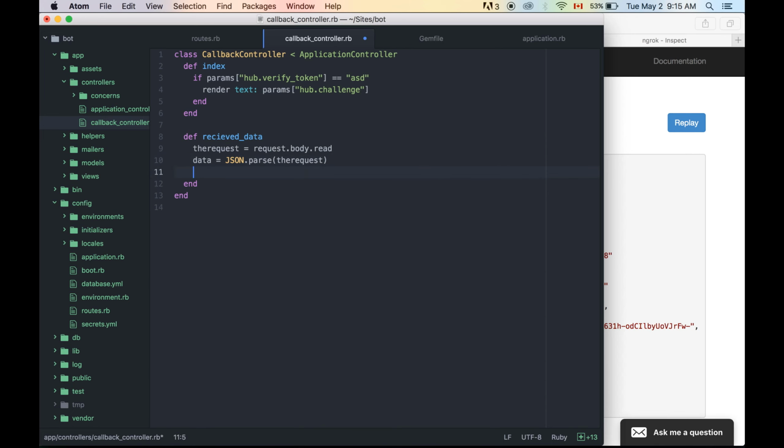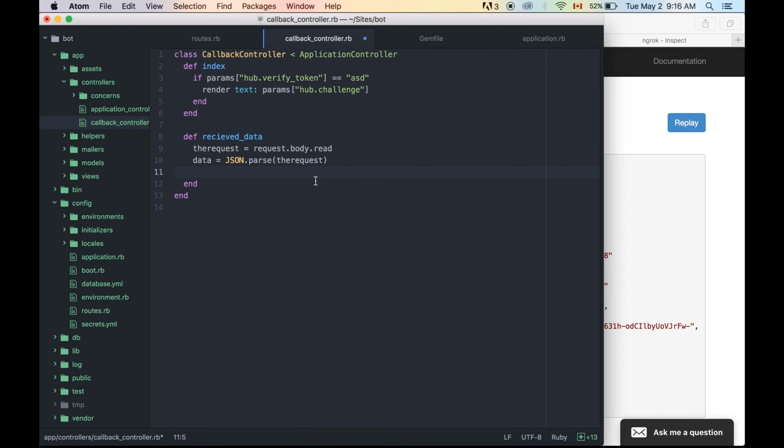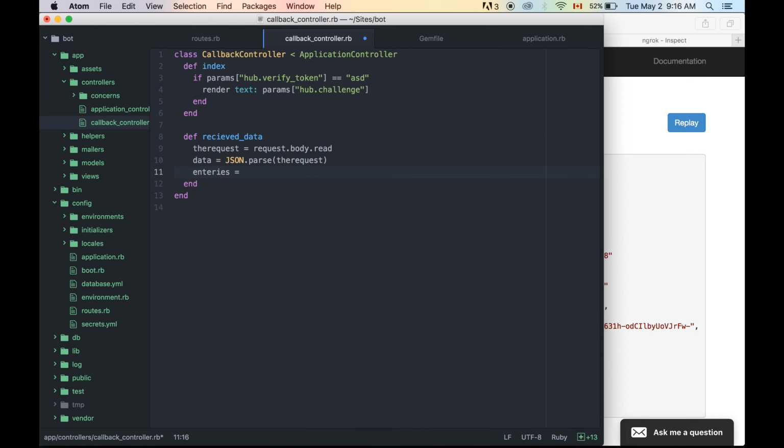and we can parse it right now. So basically we want to go to entry, and entry is an array, and inside entry we need to go to messaging, and inside messaging we need to get the sender ID, and we need to get the message text. So we need to go to entry messaging first. So let's make a variable called entries equal data entry. Okay, and since entries is an array, entries.each do